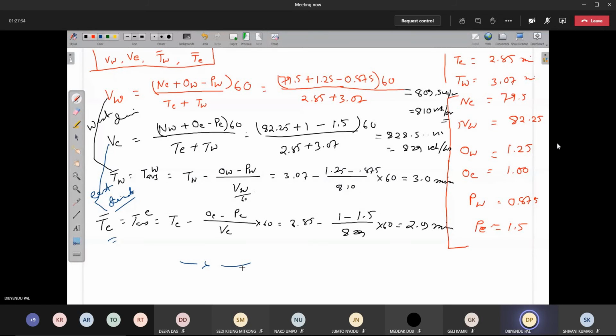These are for using a test vehicle to find out the travel time. Next, the second group is, what was that? Not requiring a test vehicle. We don't need a test vehicle.